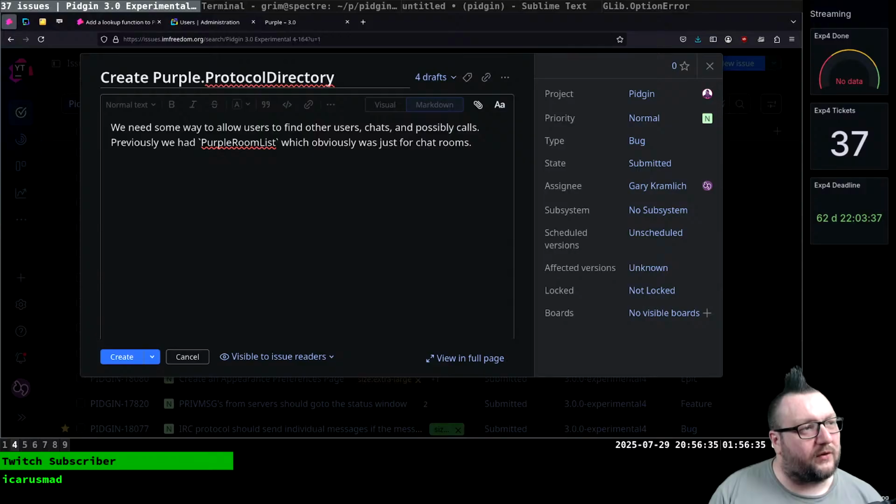So they don't have a directory, but you can new message a channel in Slack. That's weird, but that's okay. So you can browse channels there, and when you do a new message,